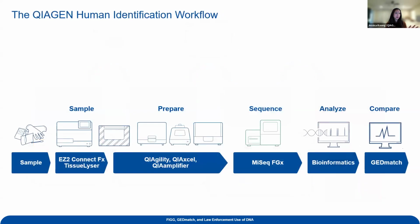I wanted to show you a little bit in the QIAGEN HID world, the types of products that we service. These are all biotechnology products in the QIAGEN HID portfolio. So starting with samples, I won't go into what these all are and what exactly they do, but they